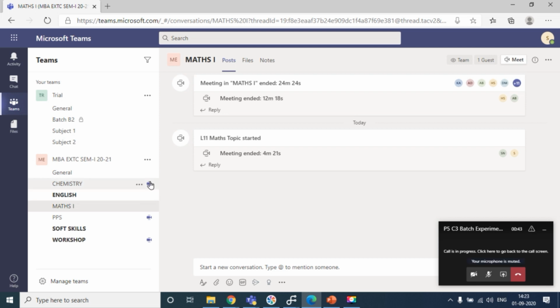So we can see three places where lectures are going on simultaneously. What a student has to do is, based on your batch, join the lecture with the same method. You just have to keep your batch in mind. For example, I am of batch B1.